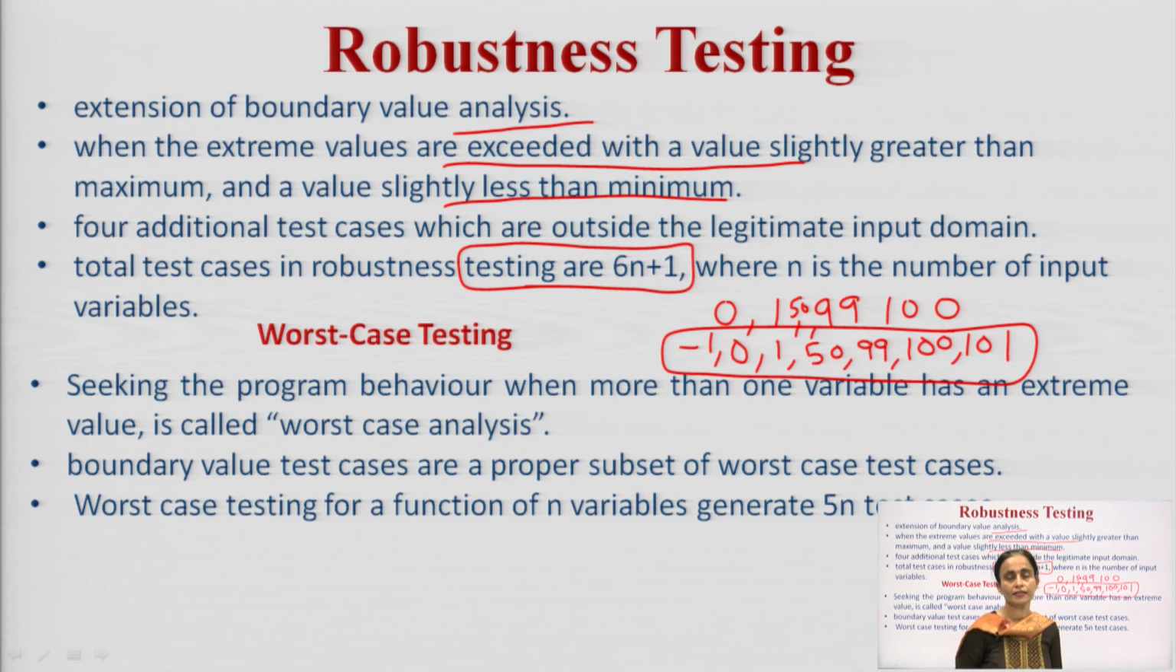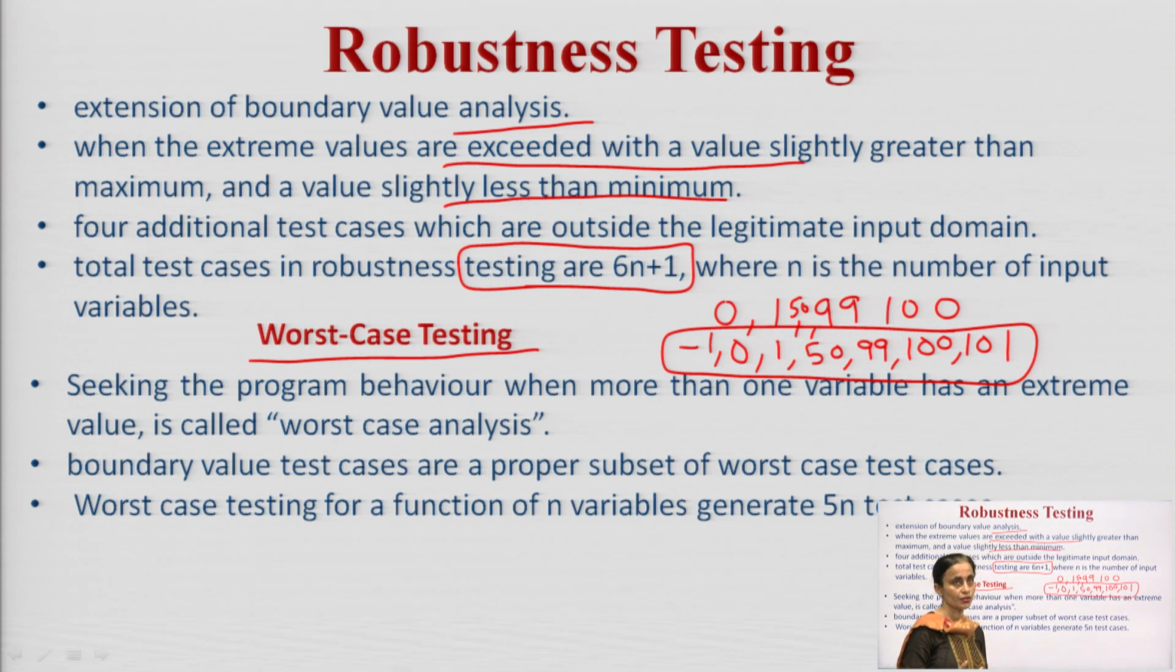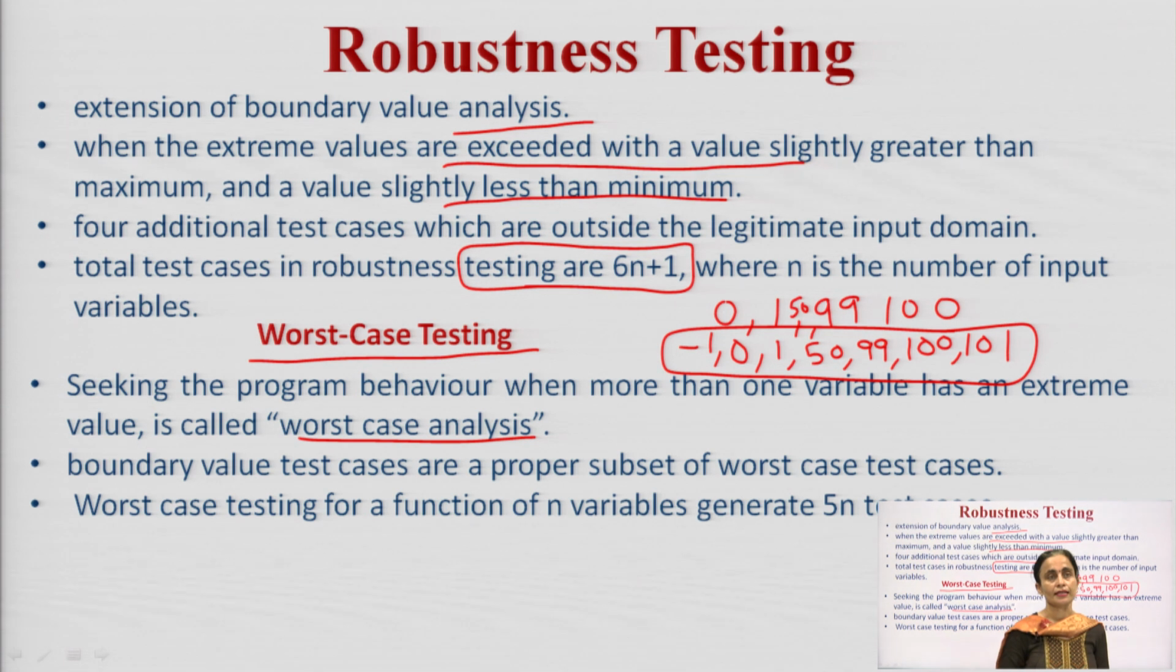Then another kind of testing is worst case testing. Worst case means seeking the program behavior when more than one variable can change to their extreme values. Here I can say that boundary value analysis is a subset of the worst case test cases. So, if I am going to check the behavior of my program for n variables, it should come to 5 raised to the power n test cases. Suppose I have checked the quadratic equation in which 3 variables were there. So, it will generate 125 test cases,